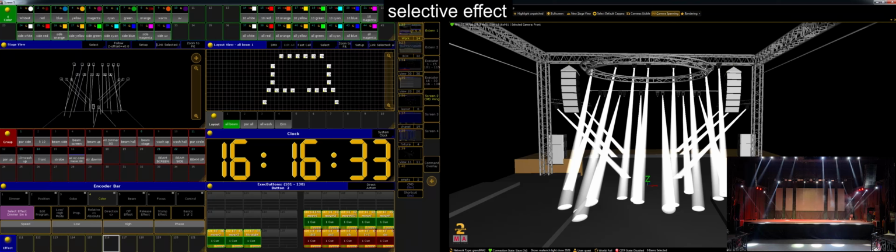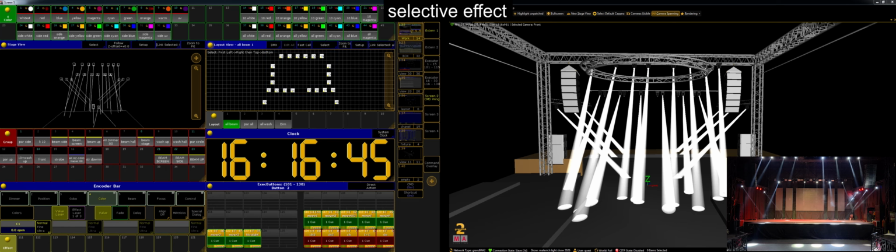Hi everyone, today I'm gonna show you how to make a selective effect. For example, I have fixtures, but I have 6 on the back, 6 on the front, and 6 on the sides, left and right. If I select it